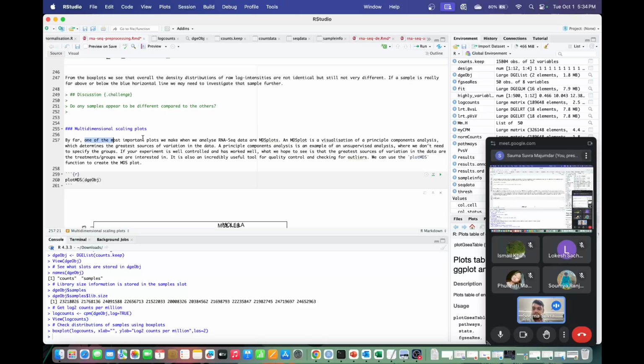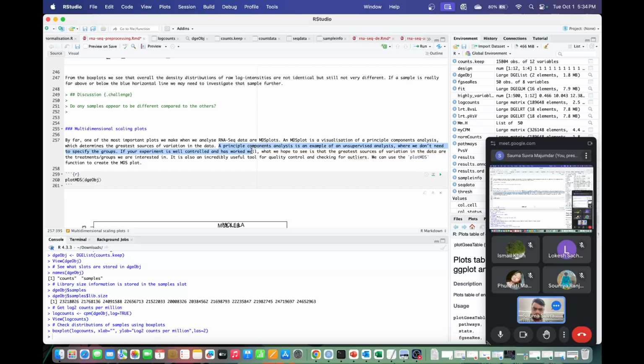By far one of the most important plots that we make when we analyze RNA-seq data are MDS plots, which are multi-dimensional plots. An MDS plot is a visualization of principal component analysis. So you do PCA and try to cluster the samples together, which determines the greatest sources of variation in the data. Principal component analysis is an example of unsupervised analysis,